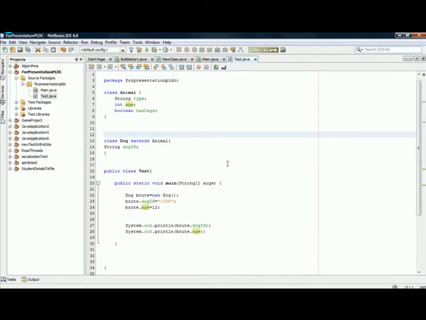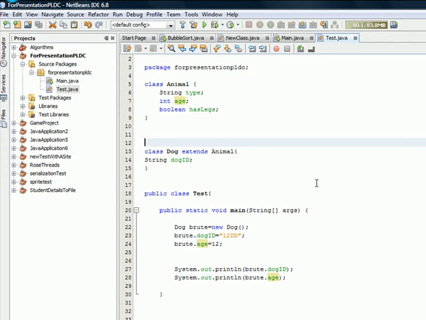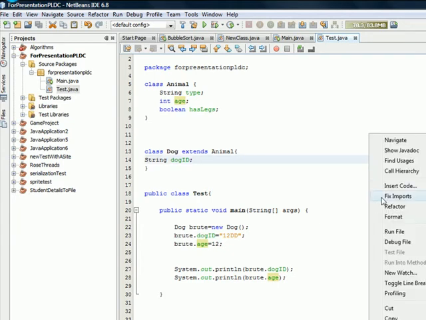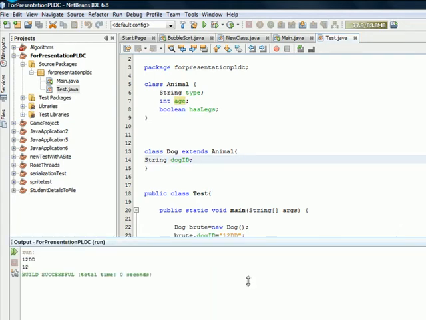Here we can see that class Dog extends Animal. This means that class Dog is an extension or a subclass of the class Animal. This means that all the attributes and methods of class Animal will be inherited by the class Dog. Now you can compile the program and see it's working perfectly.